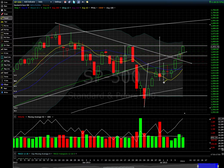Let me just do a quick measurement, just a rough estimate. If you take this consolidation period and measure it out from the breakout, it does take you to roughly this area as well. So that's why I went ahead and took a shot. If you also look at the